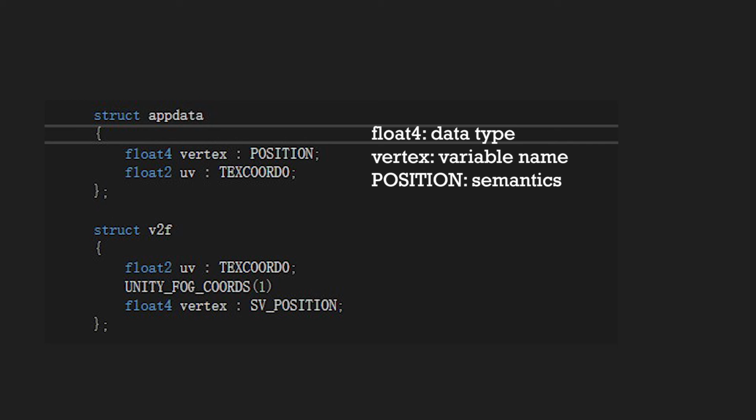The name of the variable is not important. As long as there is the POSITION semantics and the data type of float4, no matter what the name is, it represents the meaning of vertex position. When the mesh renderer passes the value, it passes the vertex data to the variable vertex. It is important to note that the variable definition here has a semicolon at the end of the sentence and the above properties don't.